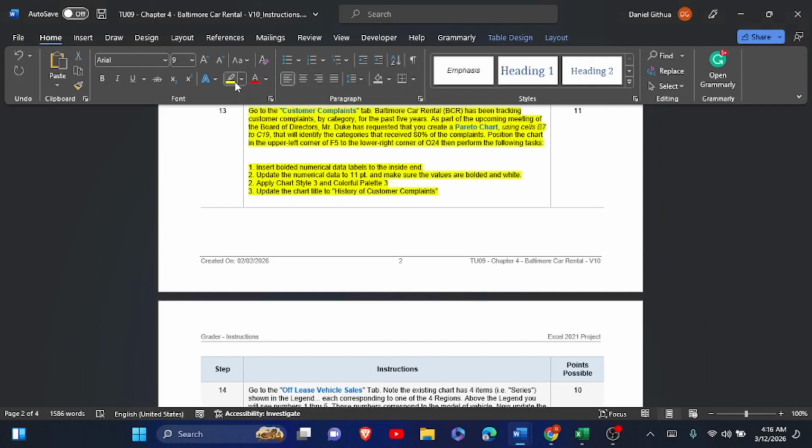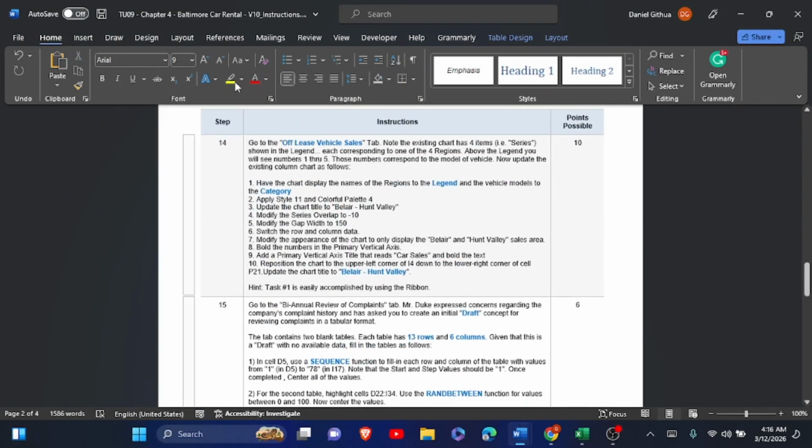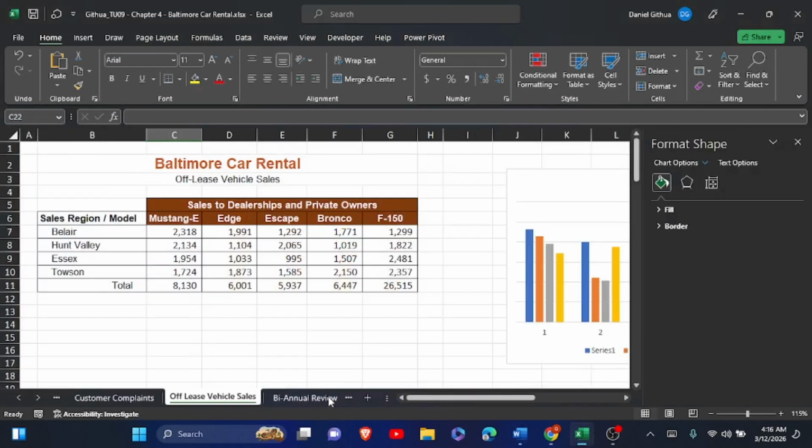And we are now at step 14. So step 14 says to go to the off-lease vehicle sales. Yes, and we're going to make these changes. So click and we're going to this file. Remember to press Ctrl S to save your work. And when you're on this, we have been told